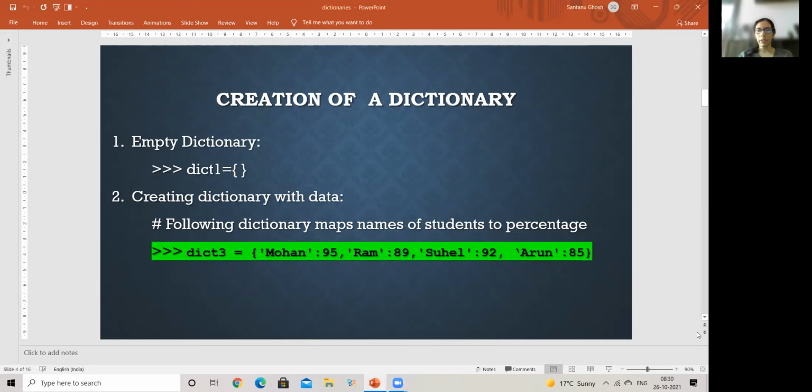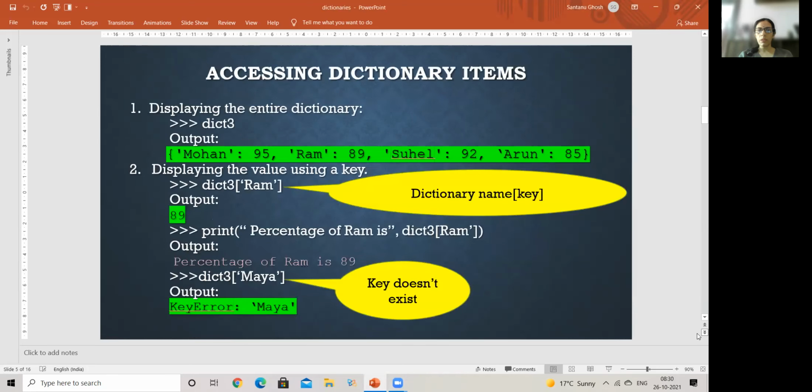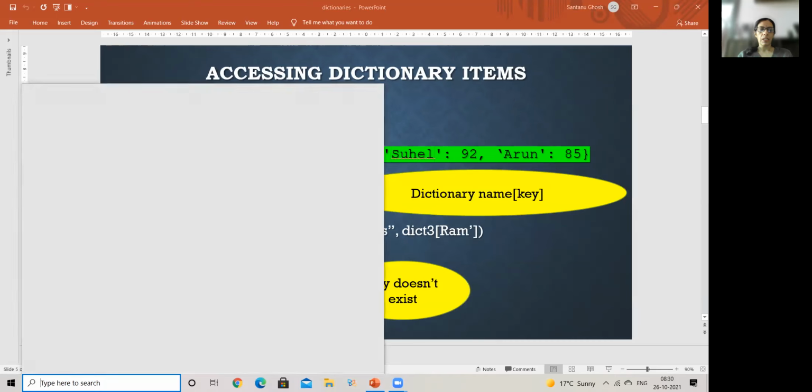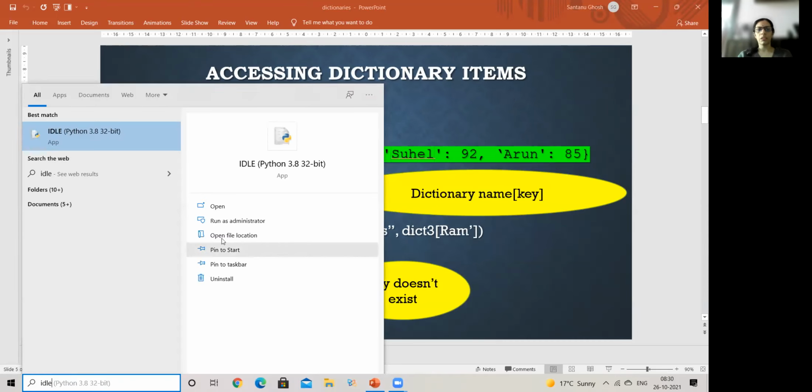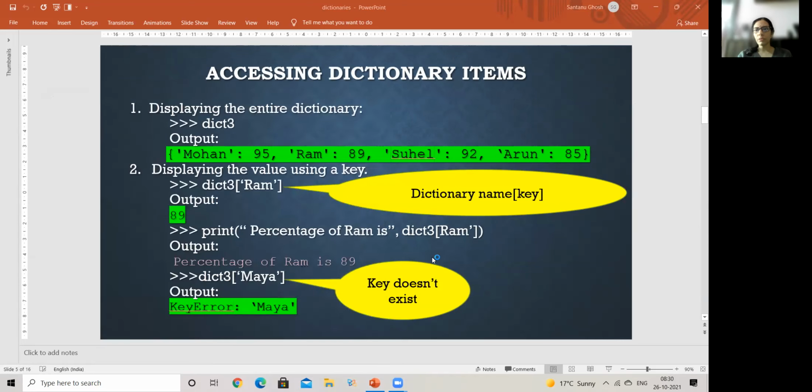Okay, we had done a pretty good number of examples for them yesterday, and that's how we create our dictionary. Then we discussed accessing. Major two things we discussed here. One was displaying the entire dictionary. That was by the name of the dictionary, the way we do it for the name of a list also, that I just give the list name and the contents are displayed.